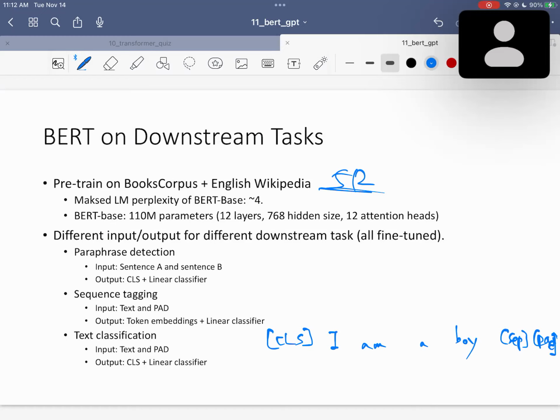So one thing to note is that if you remember the design philosophy of LSTM, you wanted to deal with varying length sequences. You didn't want to know how long the sequence will be. You just give it, and then the LSTM will just run a for loop over it. The same with transformer. You could do the same thing with transformer, but for engineering efficiency,